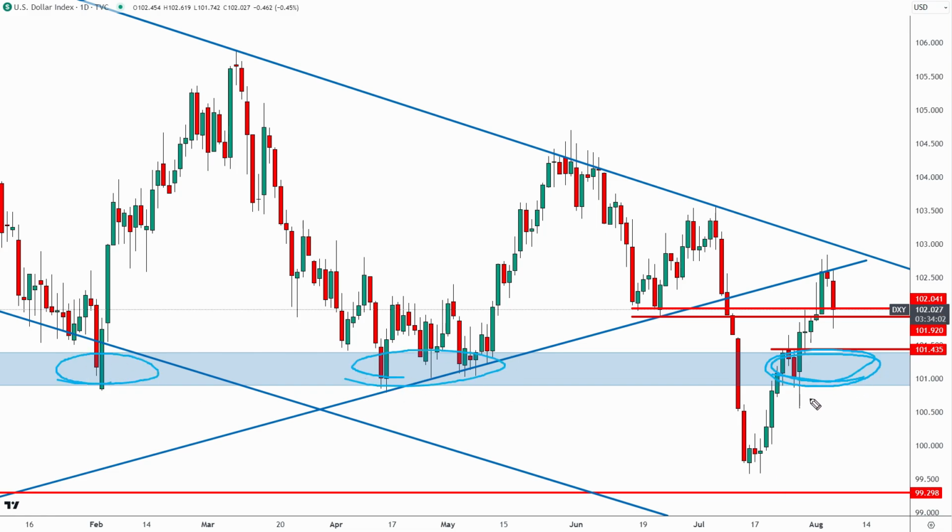Okay, this area down here, as long as the DXY is above this, I do not want to be shorting the dollar. Sure, you could look for shorts up here, and that played out pretty well. But as far as a long-term trade, this area down here is not something that I want to short into, because this reclaim right here on those previous year-to-date lows around 100.8 to 101.25